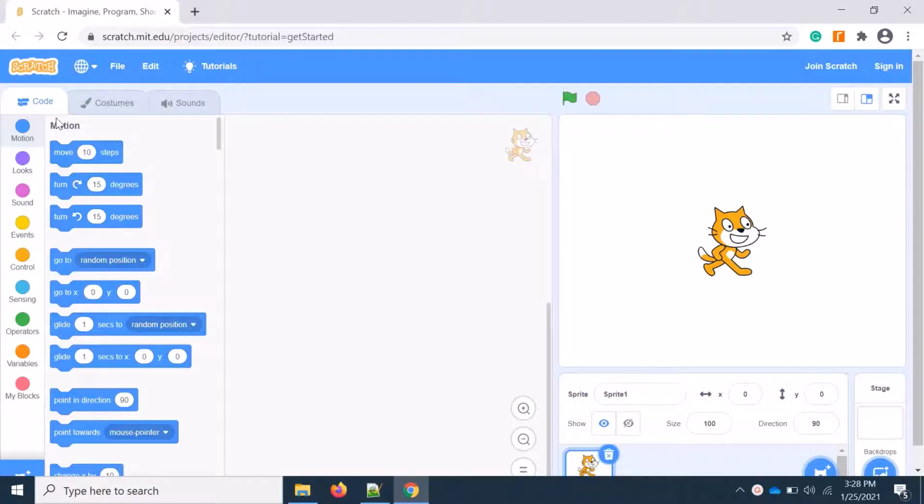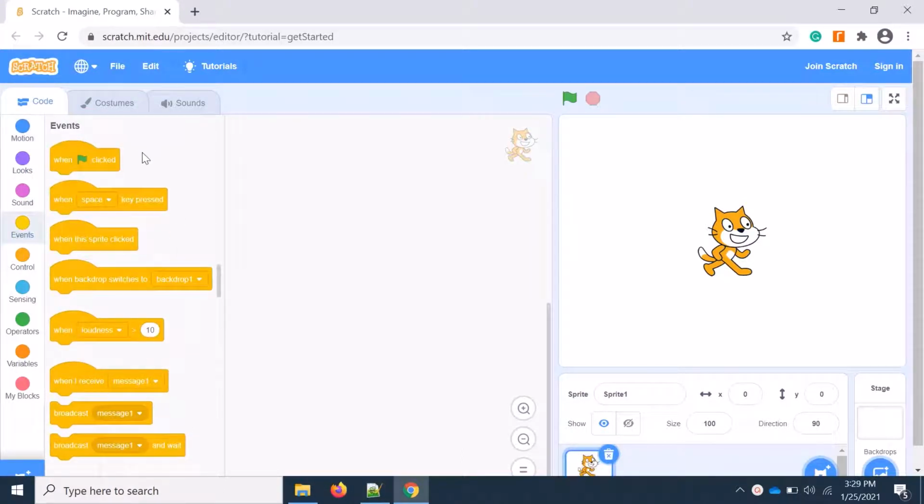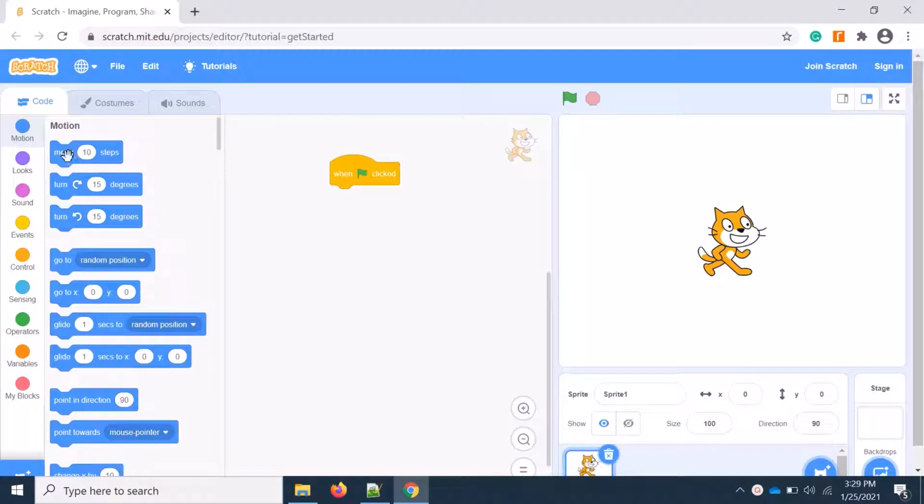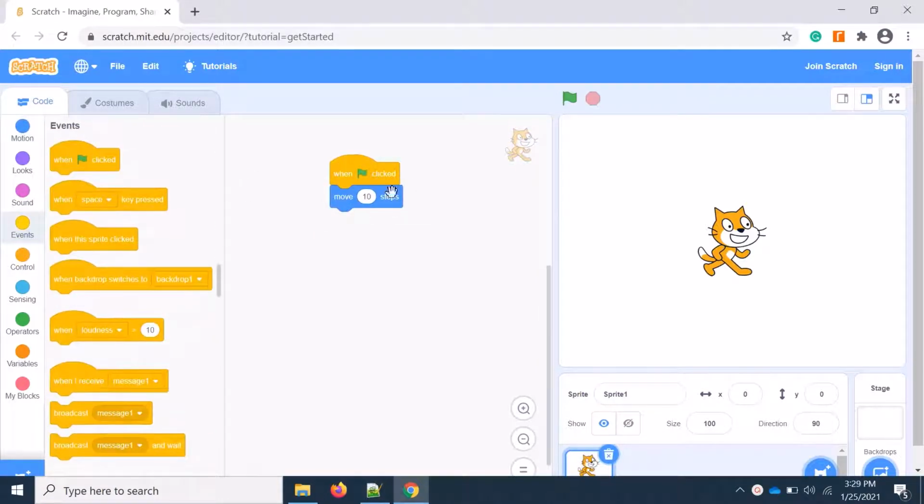This is the code editor. Under this code section, you will get event. Click on that event. The first one is when flag clicked. That is your starting point. We already know that. Let's go for motion and move 10 steps. So whenever we click that particular flag, we're moving 10 steps. And then the second one is